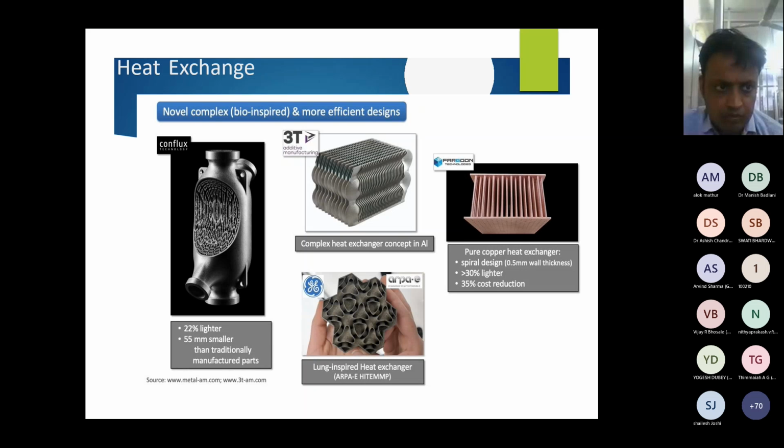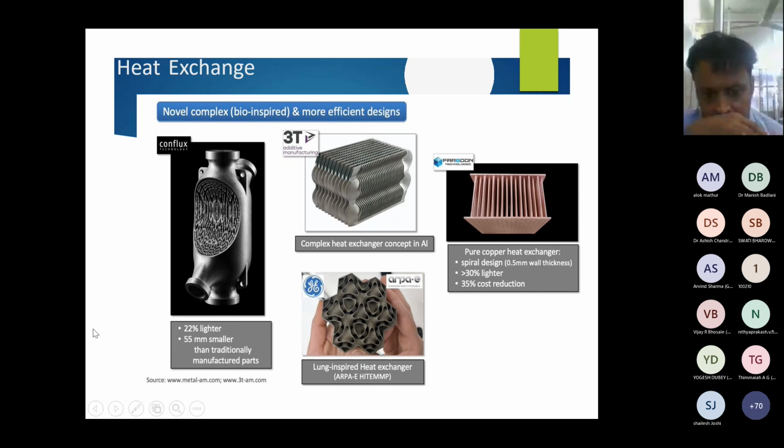Heat exchanger. See, this is a Conflex type of heat exchanger, which is 22% lighter, 55 per mm smaller than traditionally manufactured parts. See, how much saving.